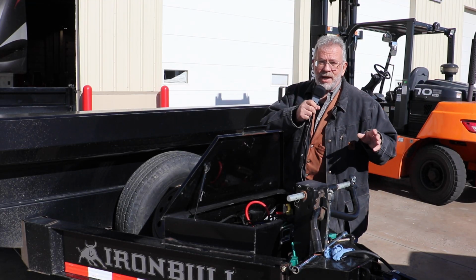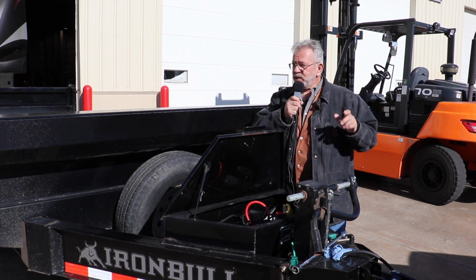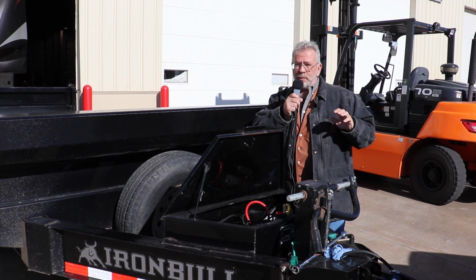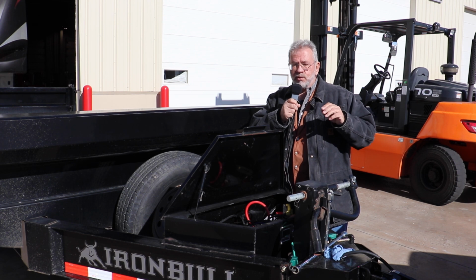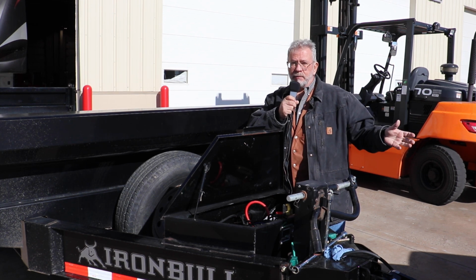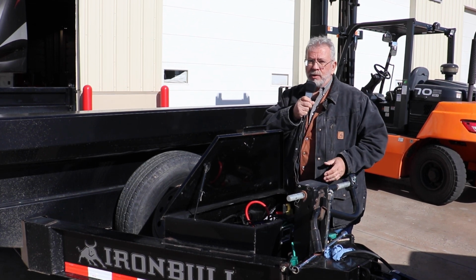Kent here with MrTruck.com. We're doing another accessory review for your trailer, especially your dump trailers. This is from REDARC. They make a lot of electronic products. They're big on battery management. What we're using is the BCDC 1212T, and that's like a monitoring system that amplifies the signal from your truck, your amperage, and charges your battery on